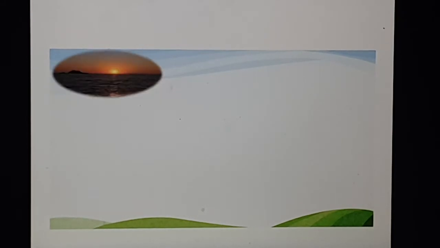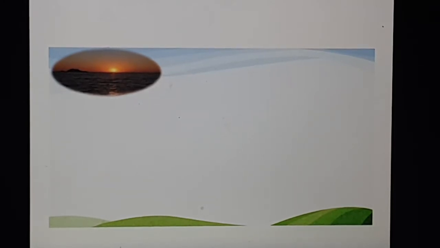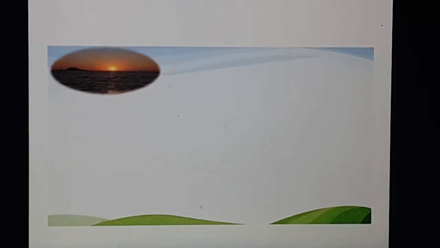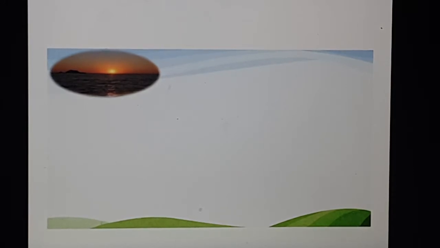So this is how you can write a picture composition. Now this is just an example of how to write a picture composition. What can you see here? Yes, this is a sunrise, so this is what you have got in your mind. And then observe other things minutely in the picture. What all can you see?